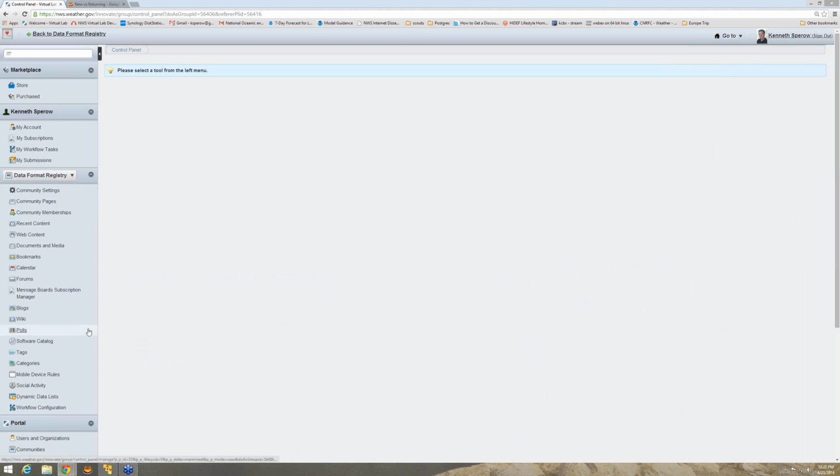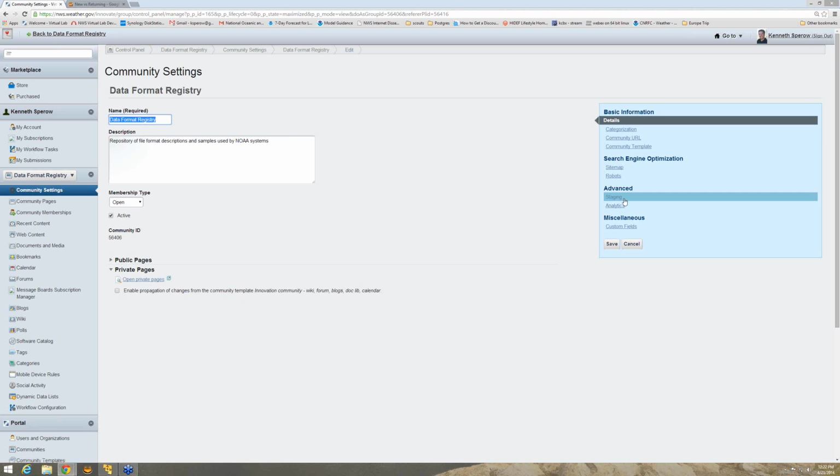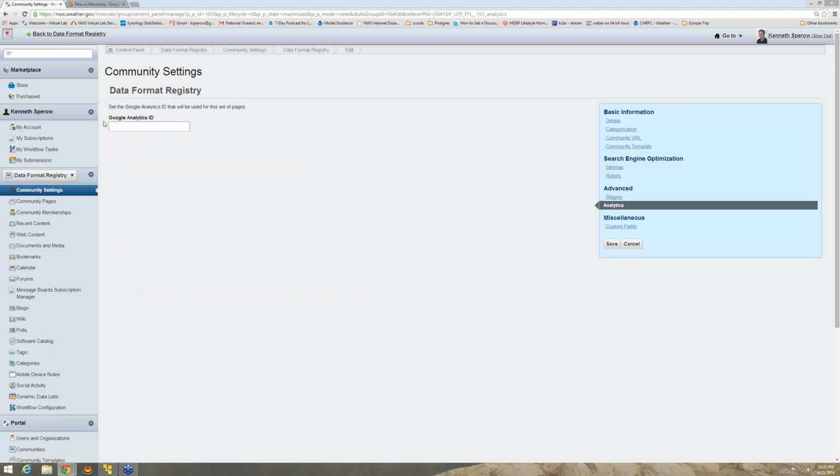And under the community settings, there is an analytics option, and it's just as simple as pasting in that ID,